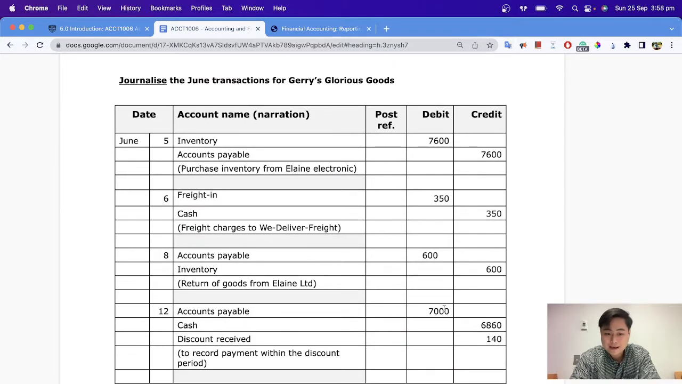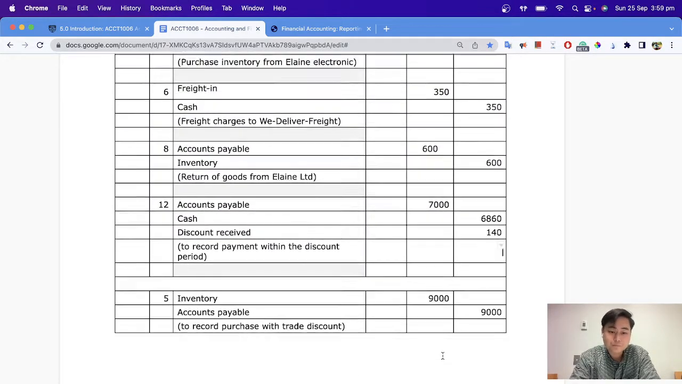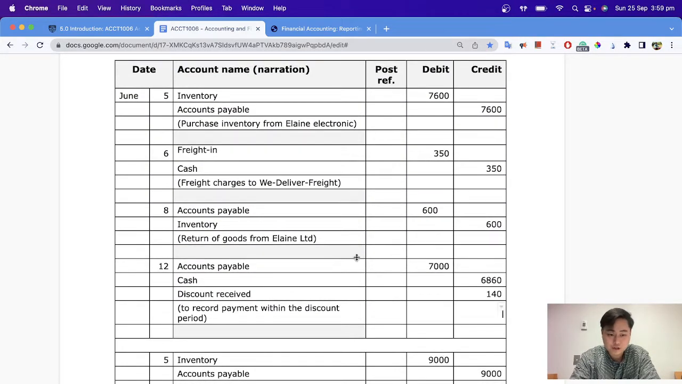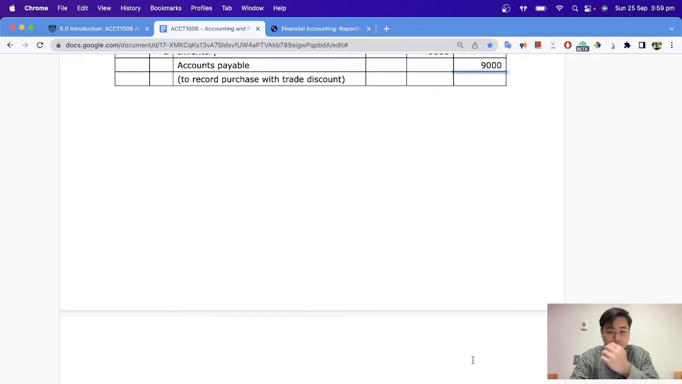We pay accounts payable, so accounts payable is debited. Cash goes down because we have to pay accounts payable, but then we don't pay 7,000. We only pay 6,860, because 140 is discount received. So that is an income. That's an other income for Jerry. And after all these journals, we have the resulting inventory and accounts payable to record